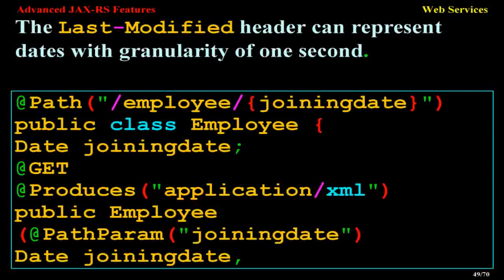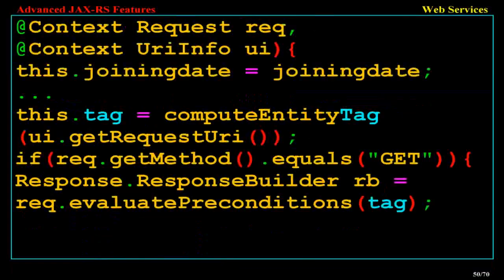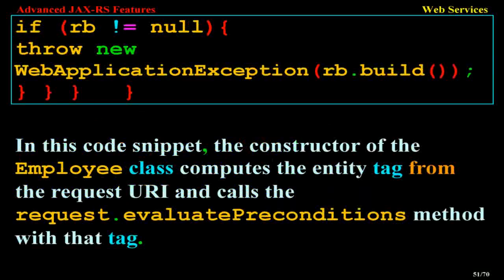@Path("{employee}") public class Employee { Date joiningDate; @GET @Produces("application/xml") public Employee get(@PathParam("joiningDate") Date joiningDate, @Context Request req, @Context UriInfo ui) { this.joiningDate = joiningDate; tag = computeEntityTag(ui.getRequestUri()); if (req.getMethod().equals("GET")) { Response.ResponseBuilder rb = req.evaluatePreconditions(tag); if (rb != null) throw new WebApplicationException(rb.build());